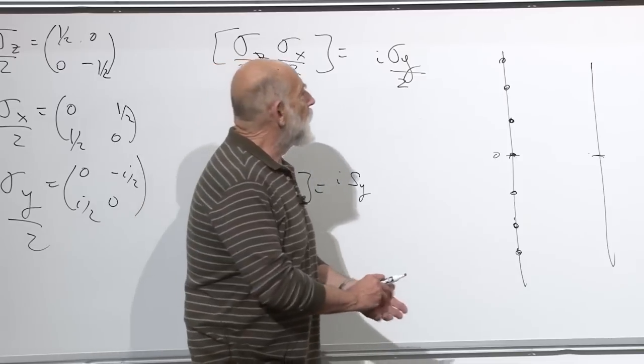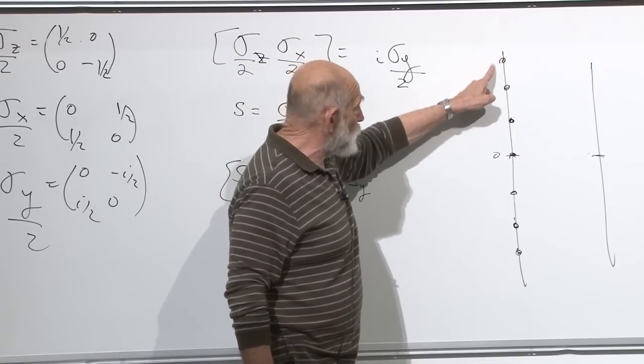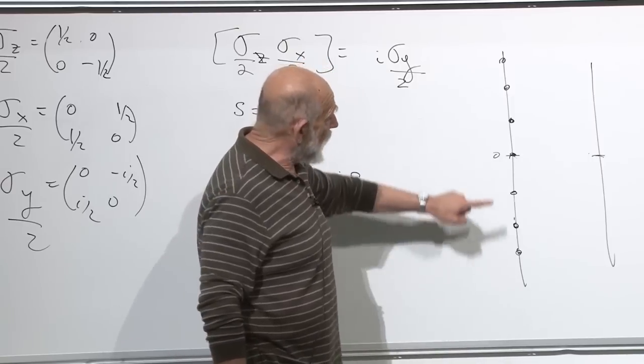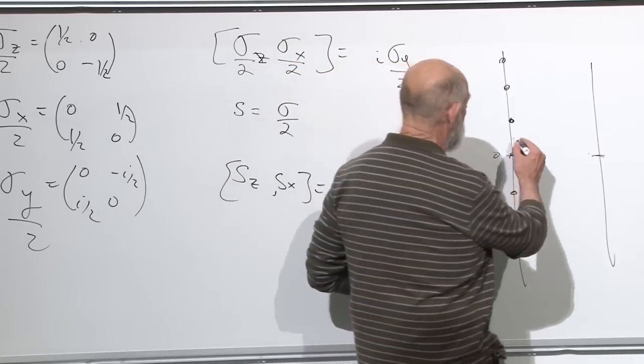Now remember, the raising and lowering operators shift you by an integer, but that doesn't say you start at 0. It says either you start with 0 or you start